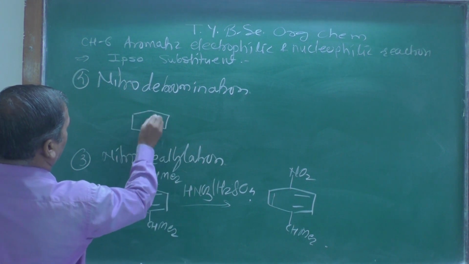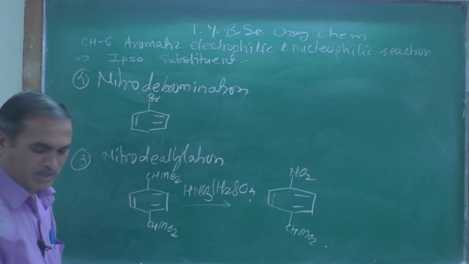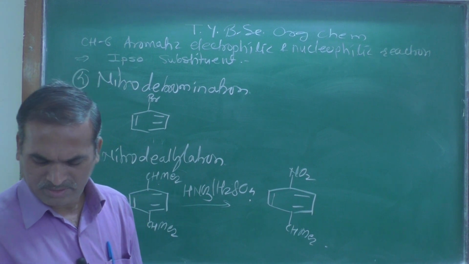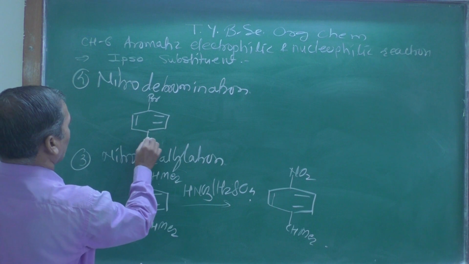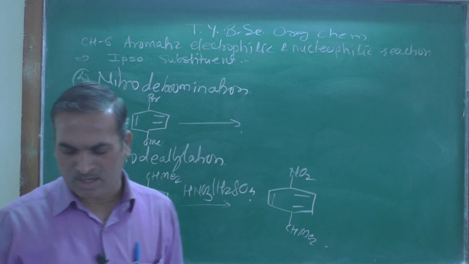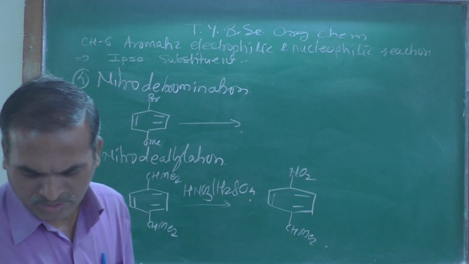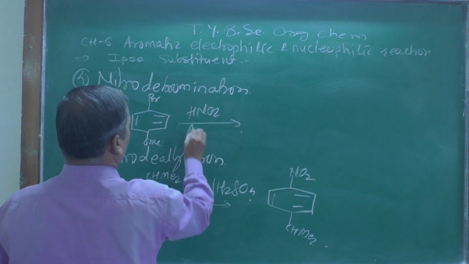De means remove, bromine. So a bromine atom must be there, and on the other side there will be a methoxy group, OMe, and this starting material is treated with HNO2, the nitrous acid, in presence of